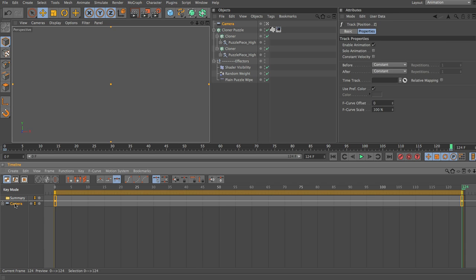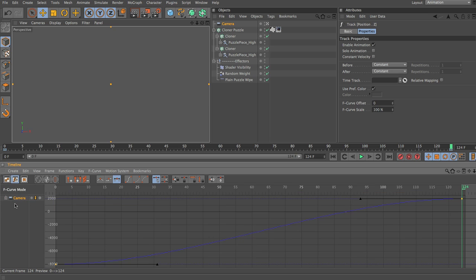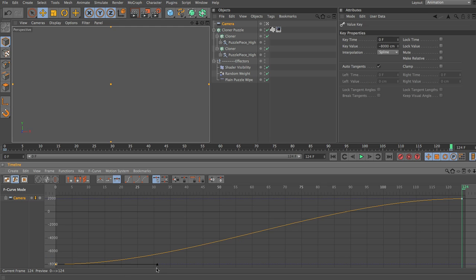If we select the camera and then press Control and hit space while we're in the timeline, this will switch us over to F-curves, but because we held down Control while hitting space, it will leave the keys that we have selected, and bring those to be the selected keys in our F-curve view. Now what I'd like to do here is actually reverse what's going on. So I'm going to select the very first key, grab this handle and pull it up like so, so that we kind of accelerate out of that key.